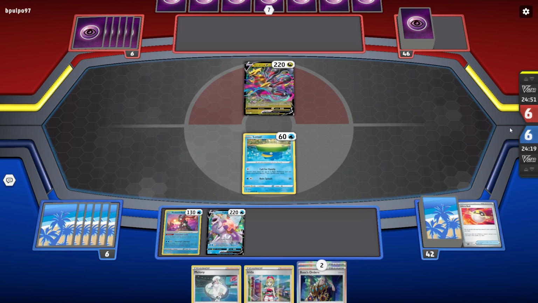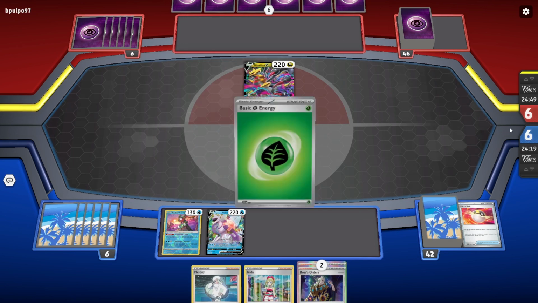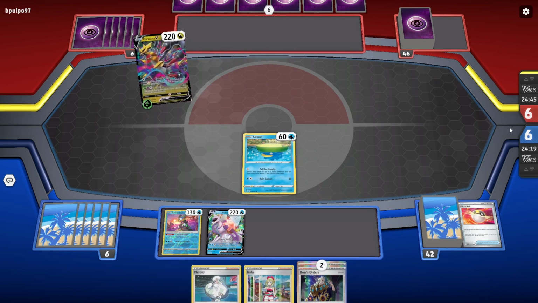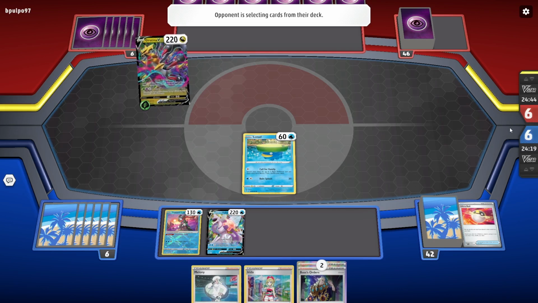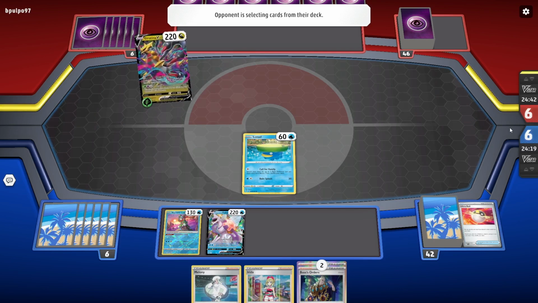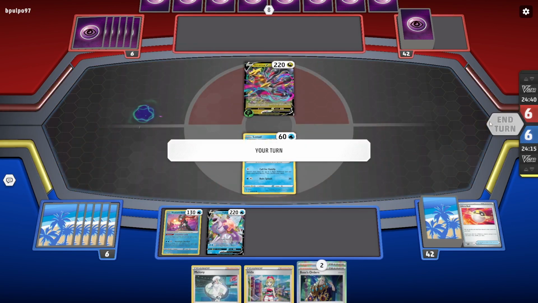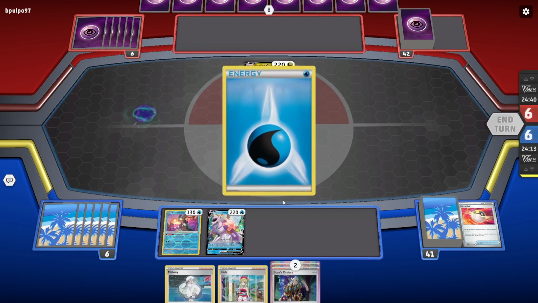I might be able to knock out the V. Look, in one sense, the best way to knock out the V is to have the Ludicolo. If they fill their bench, okay, which they're not doing, they're being smart about it. I actually potentially,